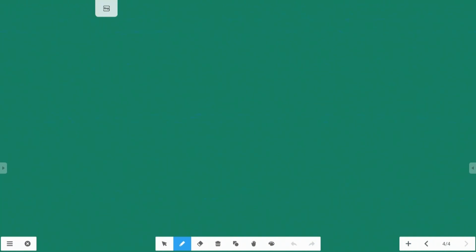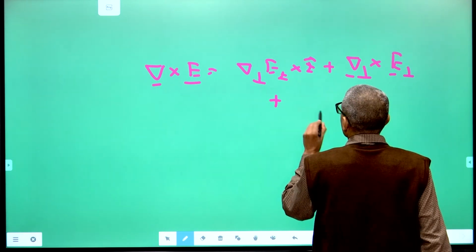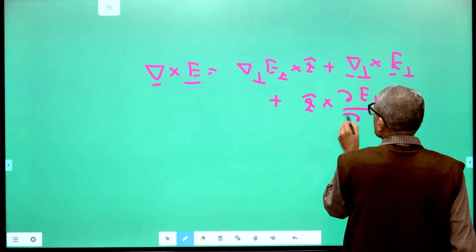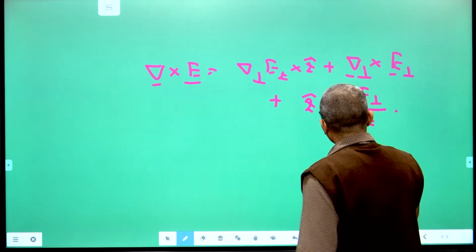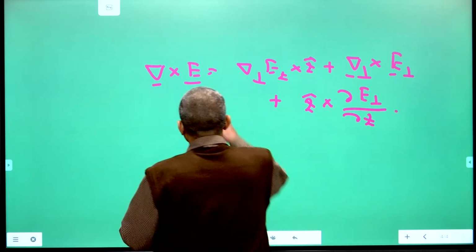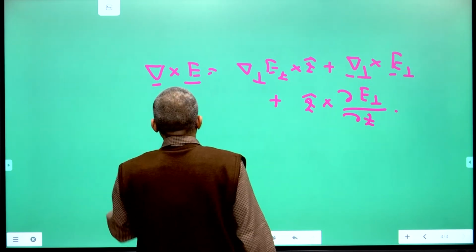Then you could derive using Maxwell's equations as usual, del cross E is equal to del perpendicular Ez cross z cap plus del perpendicular cross E perpendicular plus z cap cross ∂E perpendicular/∂z, and wherever a derivative with respect to z comes, there you put a multiplication factor of minus gamma. Likewise for the magnetic field, and when you equate the components, after making the usual algebraic manipulations,